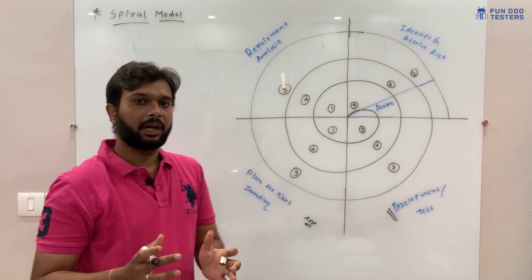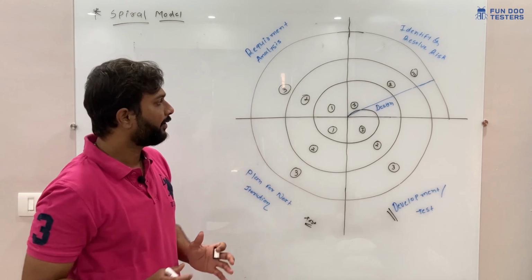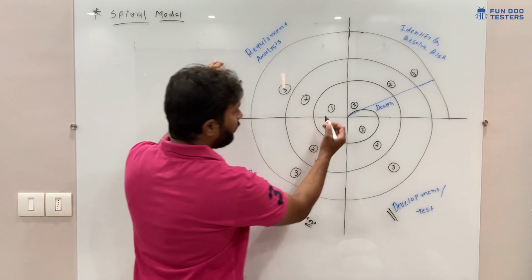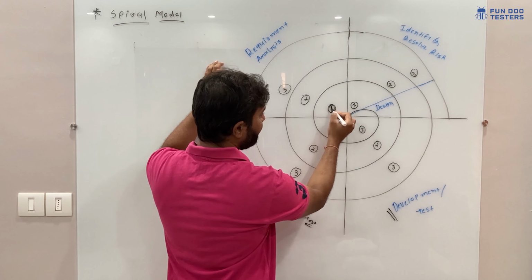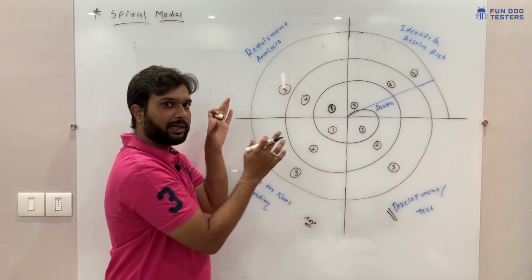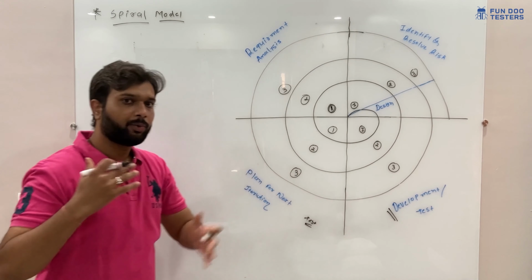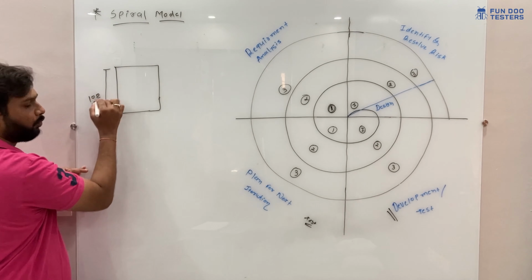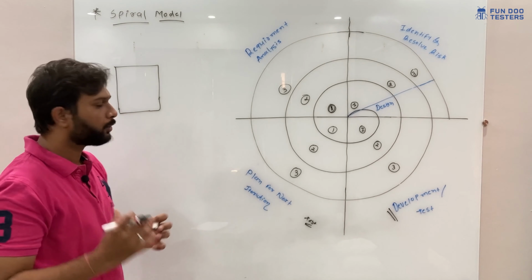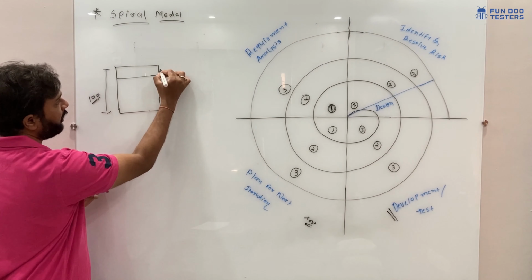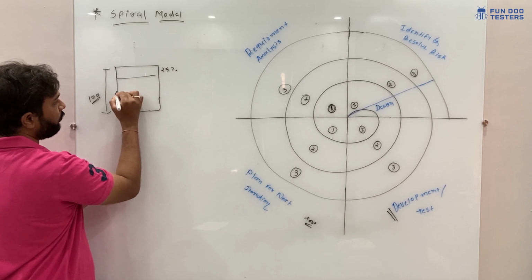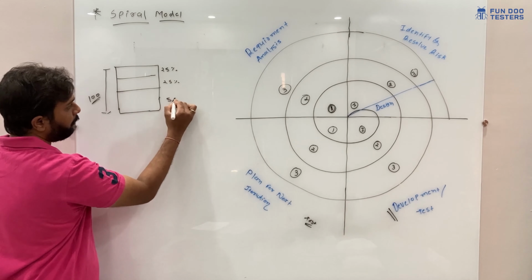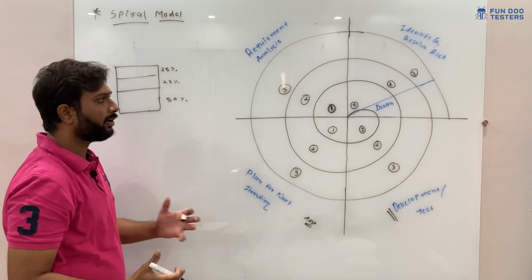So how does it work? Initially, whenever the client comes up with the requirement, in the first phase they will understand the requirement. This is my first iteration. In the first iteration, the requirement and development analysis work. This is my complete product, which is 100%. They will divide it into small chunks. Here first I will take 25% as one chunk, then 25% as a second chunk. Here I will take 50% as a third chunk. This is how it will work.